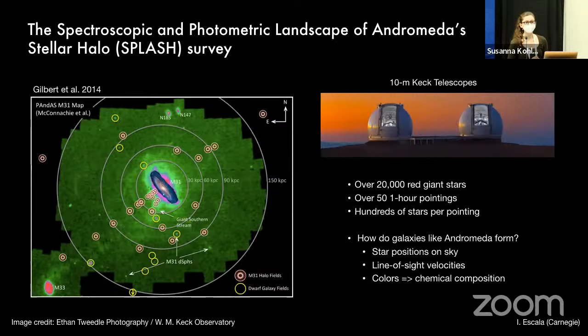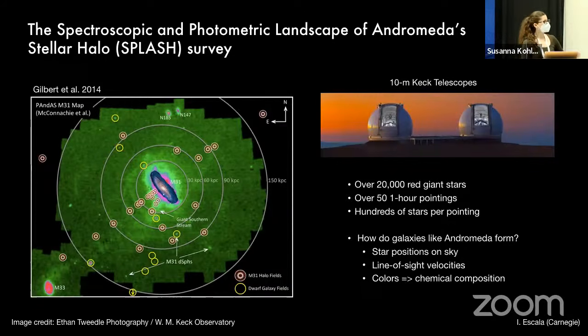It's located 780 kiloparsecs away, which is over 2.5 million light years, at the edge of the Local Group. What that means is it's currently the only other Milky Way-like galaxy that we can study at the level, or even approaching the level of detail that's currently possible in the Milky Way. We can resolve individual stars within this galaxy, which means we can study it in exquisite detail while also benefiting from this global external perspective.